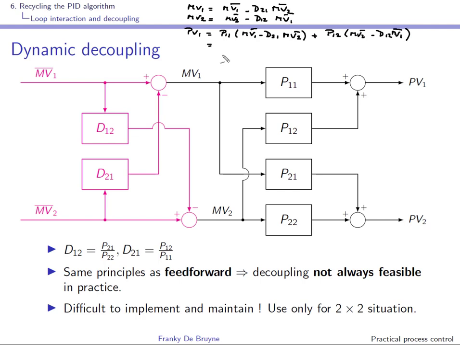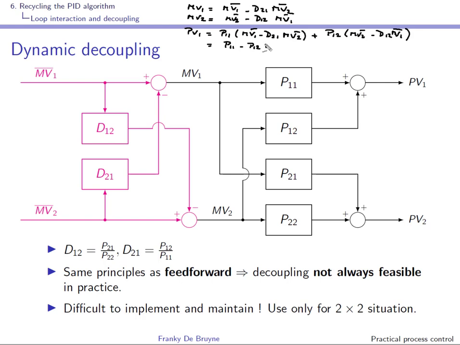What we can now do is rewrite this and organize things differently. So PV1 is P11, so we'll take all terms involving MV1 bar. So we'll have here minus